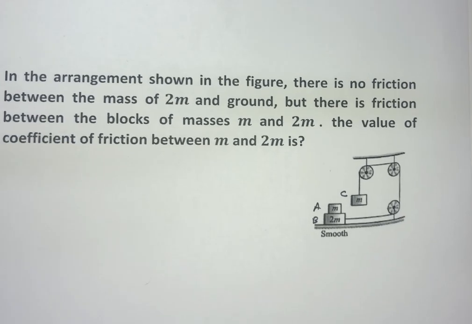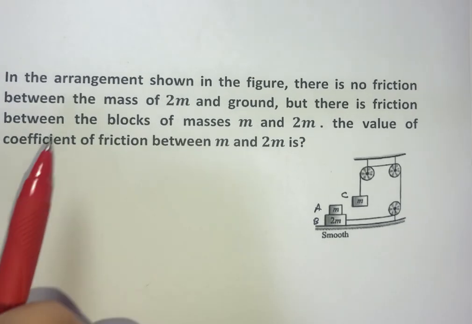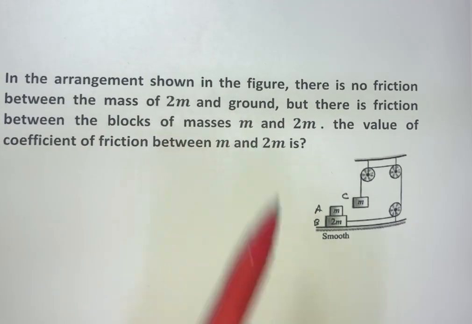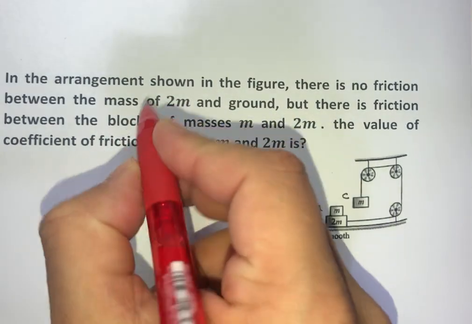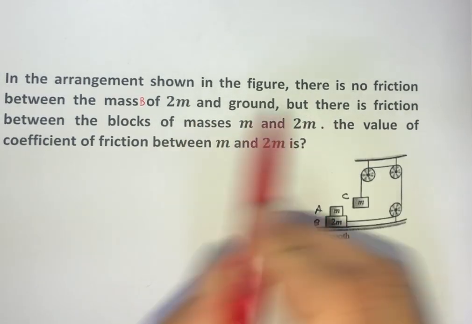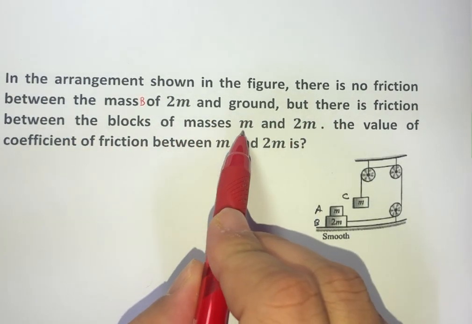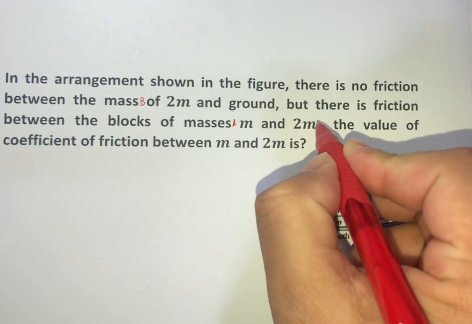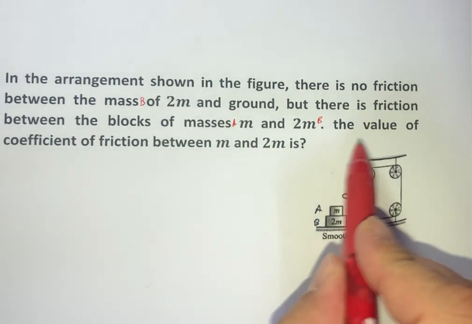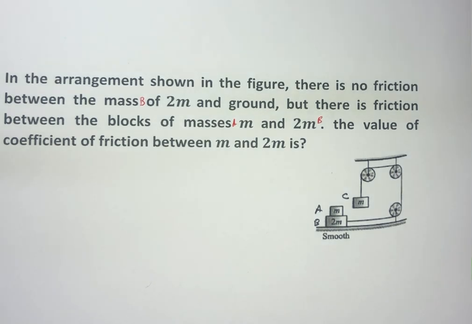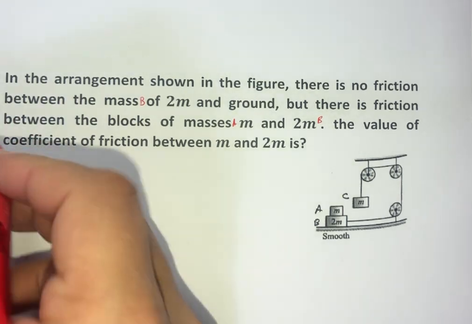Hello friends, so in today's question, in the arrangement shown in the figure, there is no friction between mass 2m, which is B, and the ground, but there is friction between the block of mass small m, which is A, and mass 2m, that is B. The value of the coefficient of friction between m and 2m is, and there is one line missing in this question, which should be: if the block